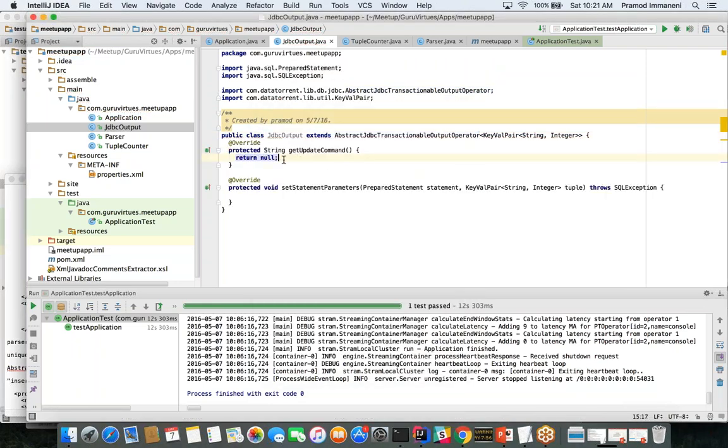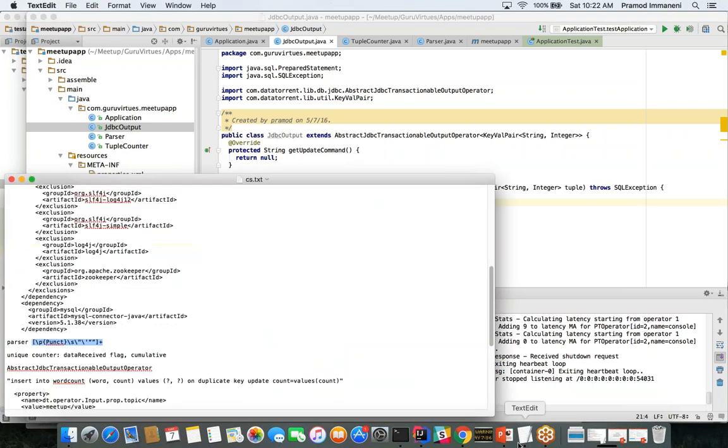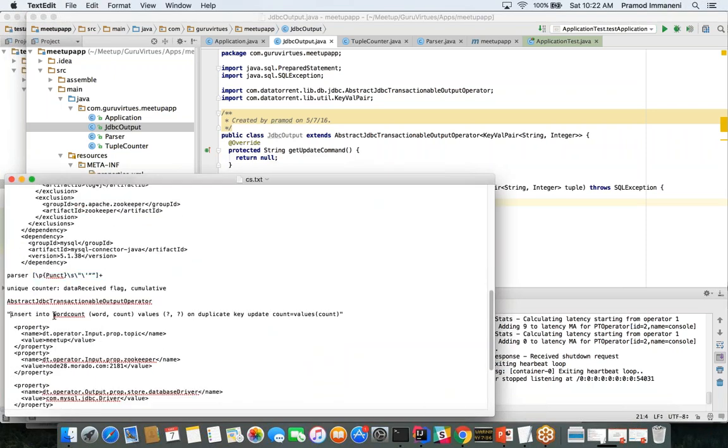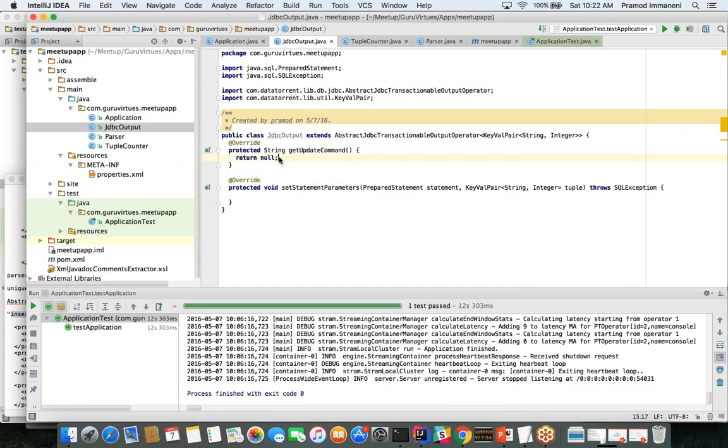So two methods. The first one asks for the SQL statement that you want to use, and the next one asks you to populate the prepared statement with the data from the input tuple. So this is standard JDBC, right? Again, I'm not writing any JDBC-specific code. All that is being handled by the library operator. But if you wanted to write one of your own from scratch, you could do that as well. So again, SQL, I have it here. I'm not going to type the whole thing, so I'm just going to take the SQL. This is essentially doing an upsert